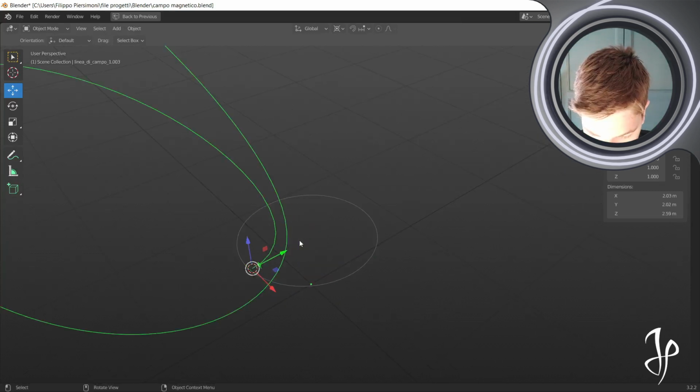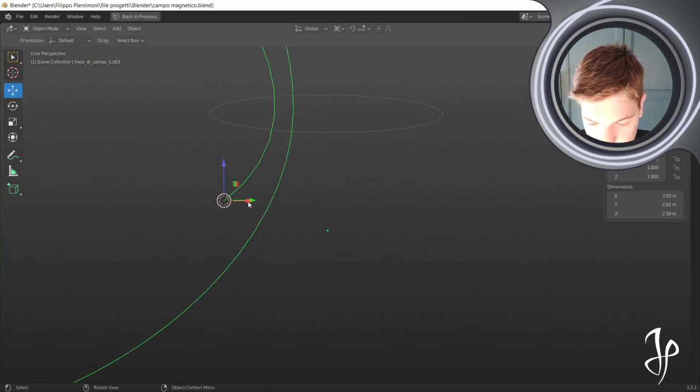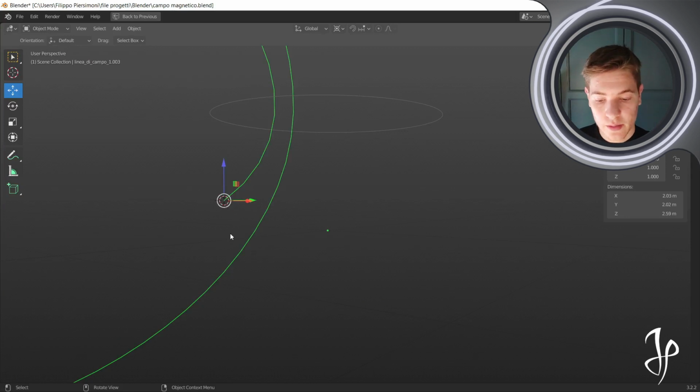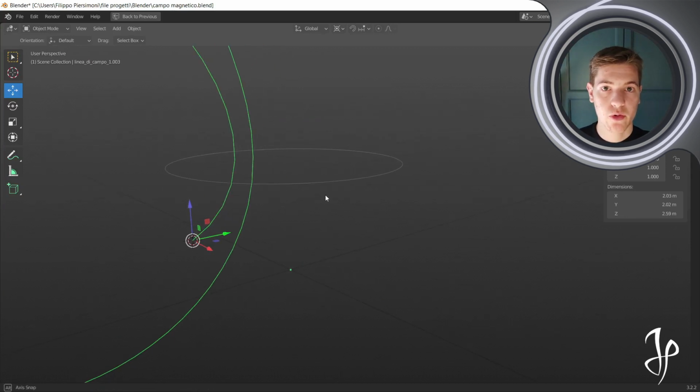So as you can see here, we definitely have a certain value of a certain error accumulated by the representation of the field line. Remember that we are still working with the elementary method, which has a pretty high error